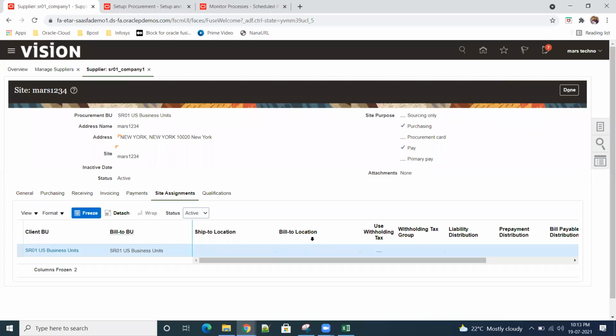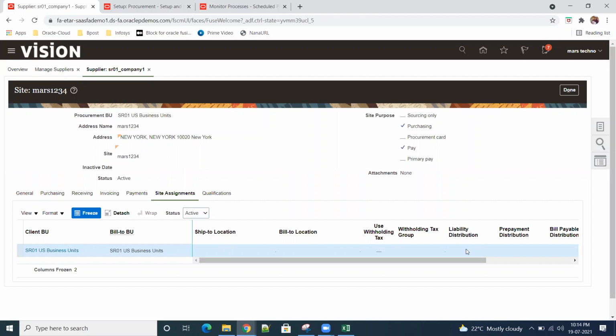Whenever we send an order to the supplier, they will send the material, and we want to receive it somewhere. And whenever they supply the material, they have to send the bill from somewhere. Sometimes bill and shipping are different locations, so we need to append those things here.